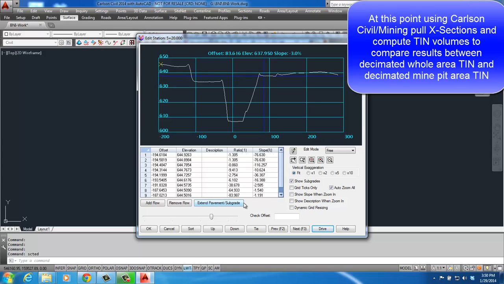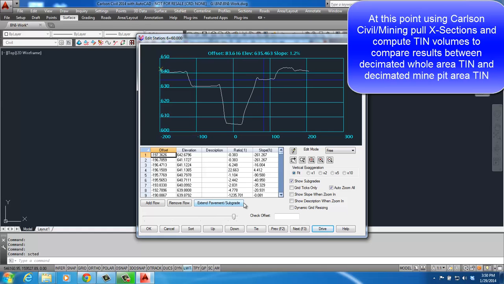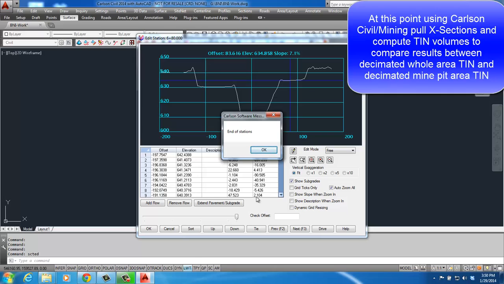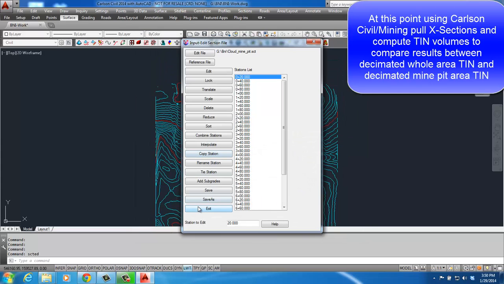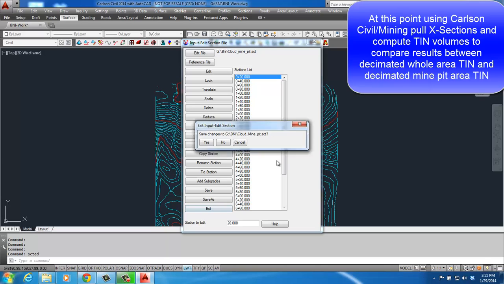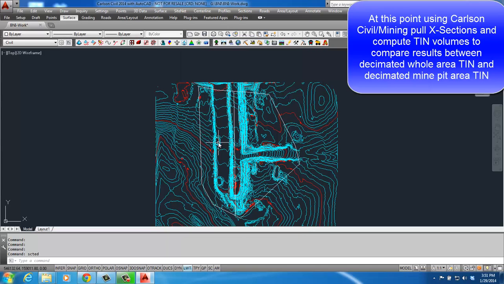There's 500. And you can see the pit as we're driving through them. Alright, and there's 680 20-foot cross sections. Didn't change anything. And that pretty much ends the